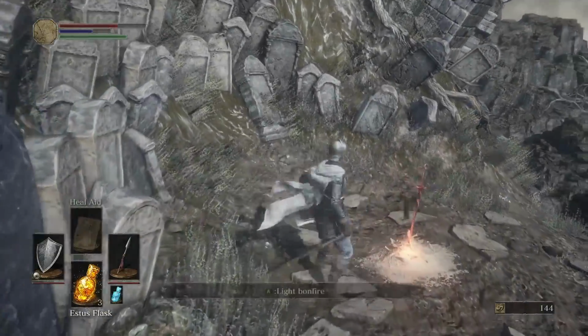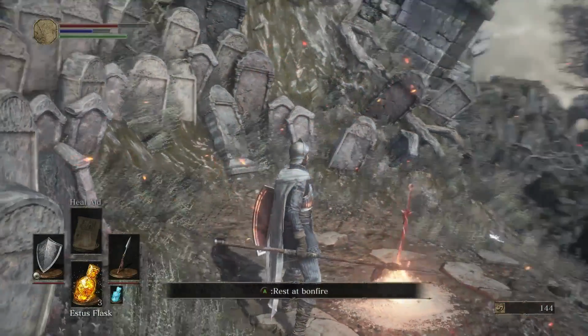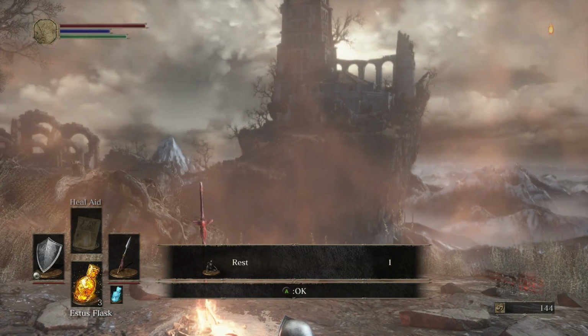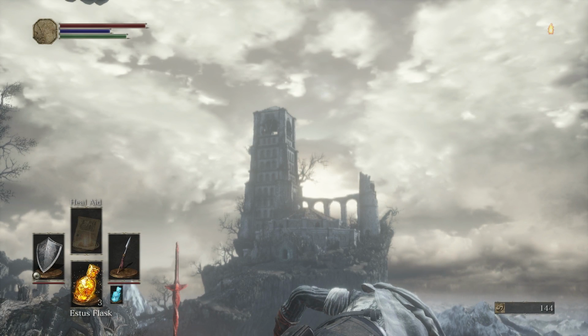Our first bonfire, and I love how the sword has a little twisty in it. It kind of looks cool. First bonfire, let's go ahead and rest at the bonfire. When you rest at a bonfire, oh, we got a new animation. Nice. That's the,